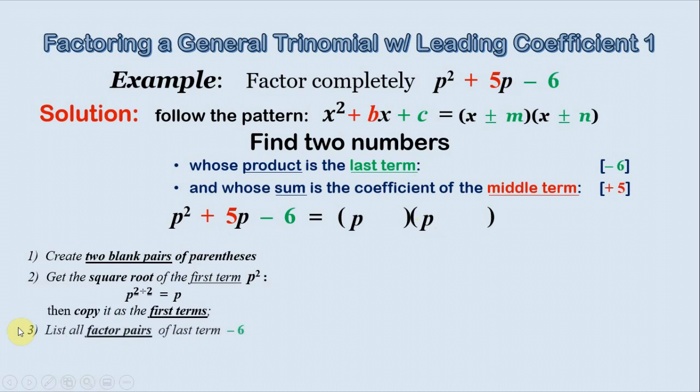The third step is to list all the factor pairs for the last term -6. We know that the factor pairs of 6 are 1 and 6 and 2 and 3. But since -6 is a negative number, then we have to include negative factors also. Therefore, expand the factor pair list to include the following: